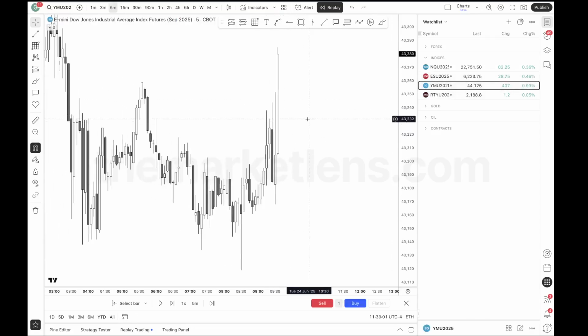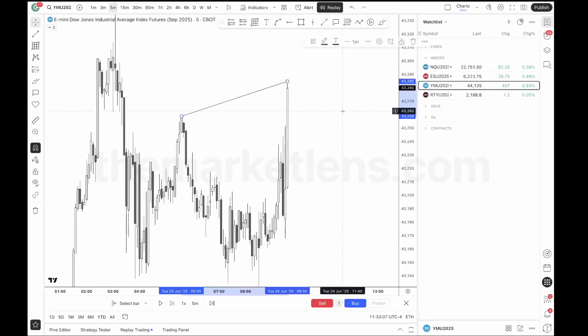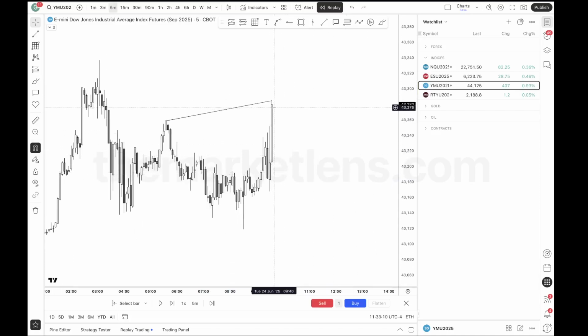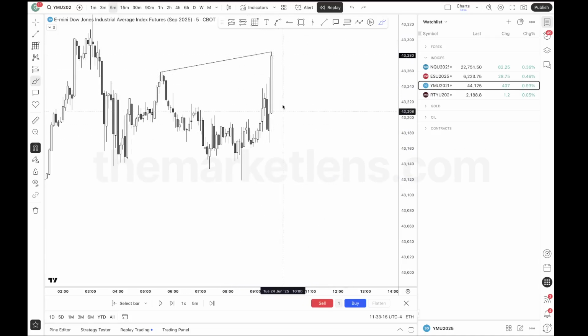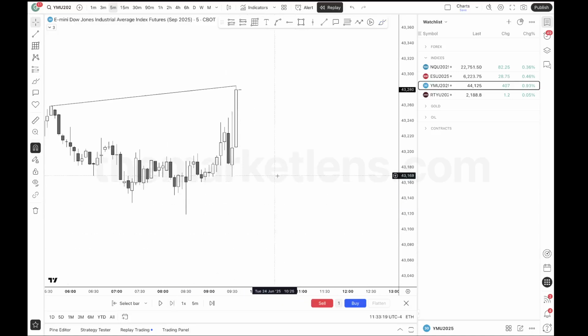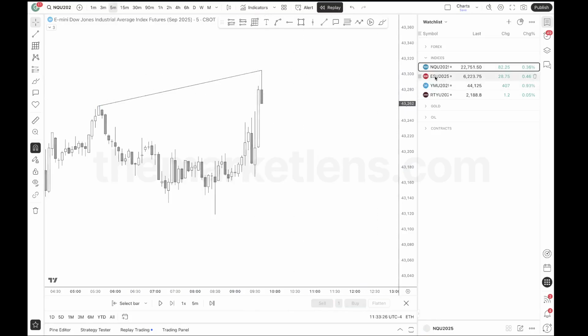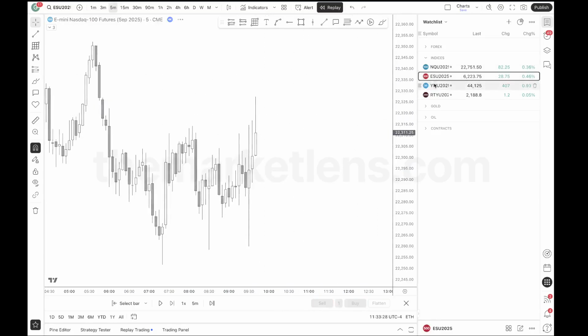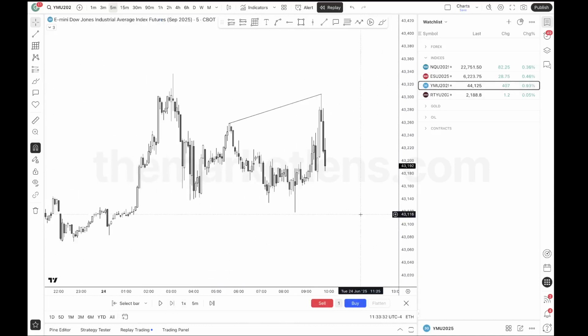So while these other assets were struggling, you saw that YM actually took out this high, creating an SMT here, and this allows all markets to expand lower to manipulate whatever low they wanted to, or were struggling to go higher. And that will allow these other assets to expand lower. You're going to see strength switch here as well. You can see it right here. This candle is bearish, already starting to reverse, while in NQ, this candle is still bullish. So that's a form of strength switching. And you're going to see that these assets expand.